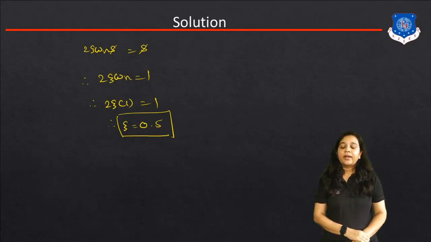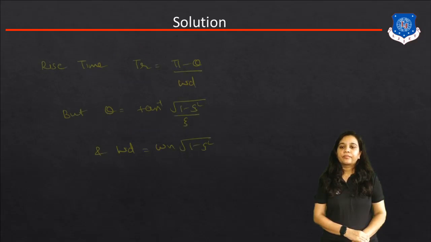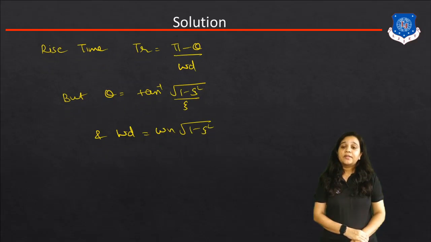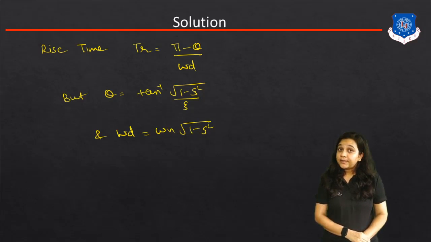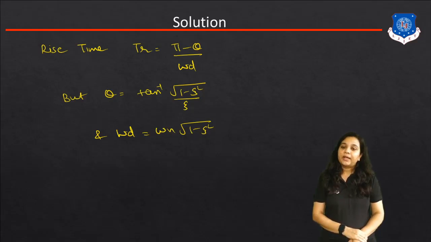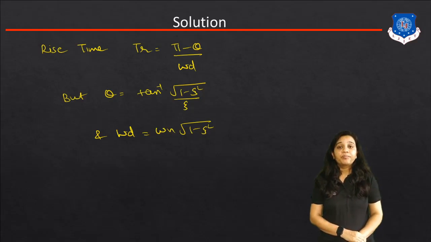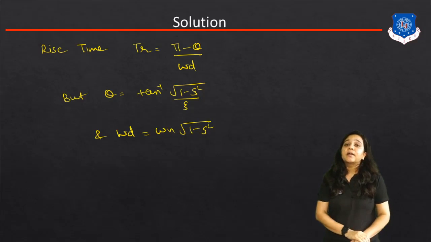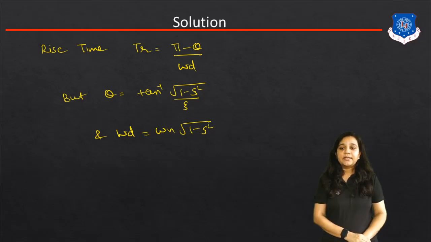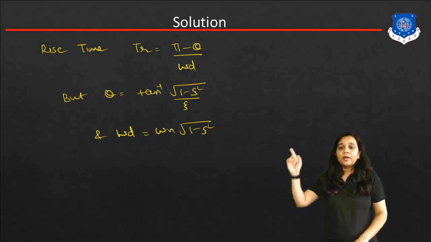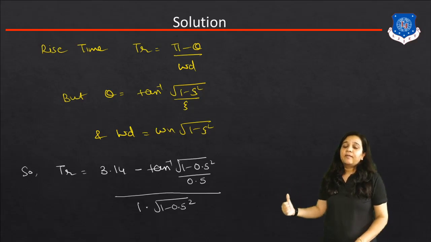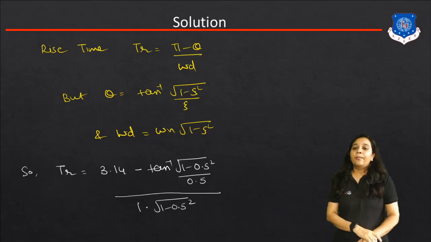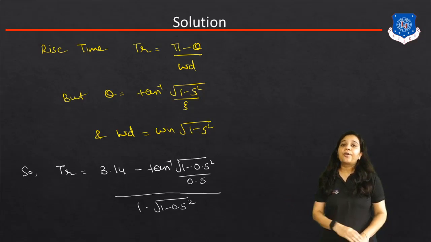Third, we have to determine the value of rise time. The equation of the rise time is tr = (π − θ)/ωd. Now you know the equation of theta: θ = tan⁻¹(√(1 − ζ²)/ζ), and ωd = ωn√(1 − ζ²). So put these terms in the above equation. So tr = (π = 3.14 − tan⁻¹(√(1 − 0.5²)/0.5))